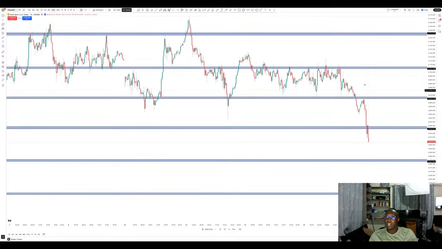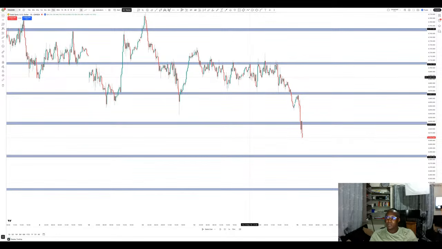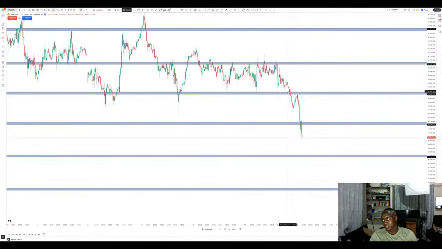So as I said, when we are trading support and resistance, when the market is in a downtrend, we only look for sells at the resistance levels. And when the market is bullish, we only look for buys at the support level. So as the market is in a downtrend, we only look for sells at the resistance level. So if you find that the market is close to the support, you either wait for the market